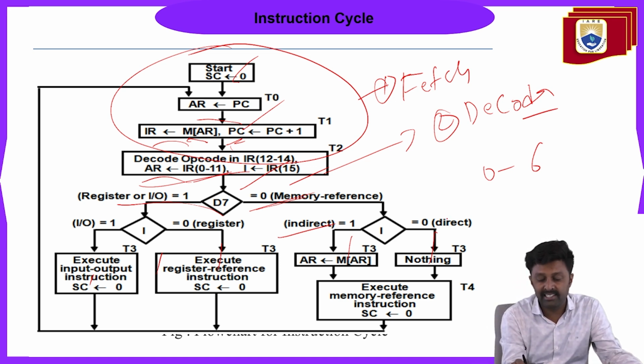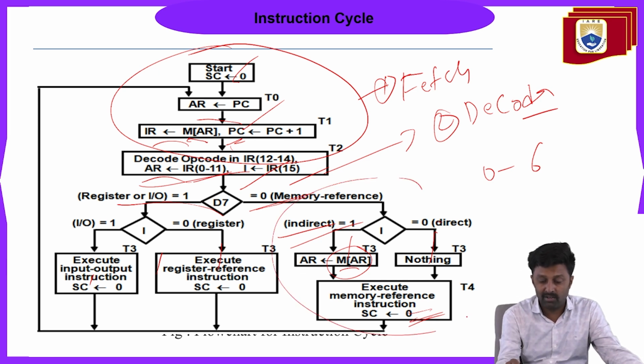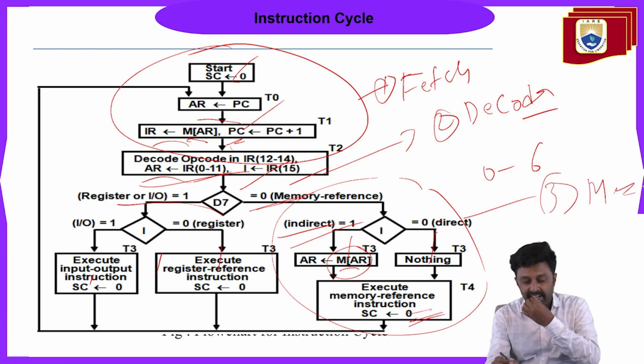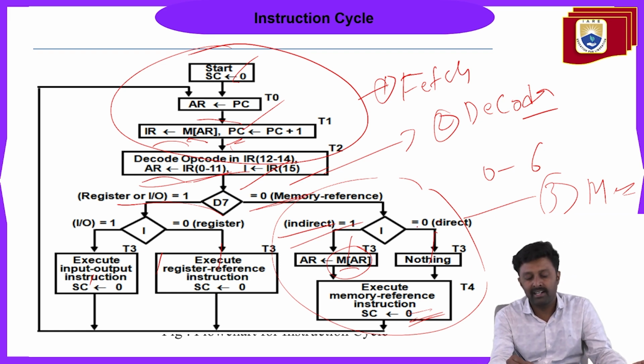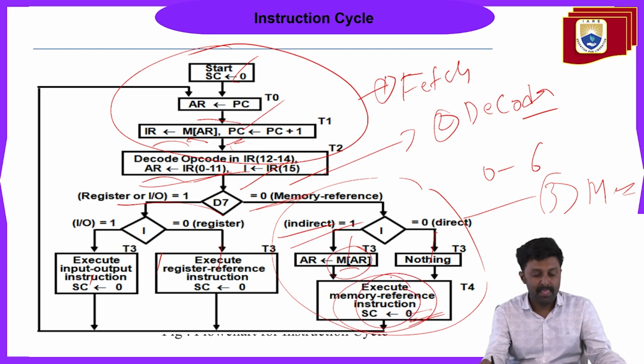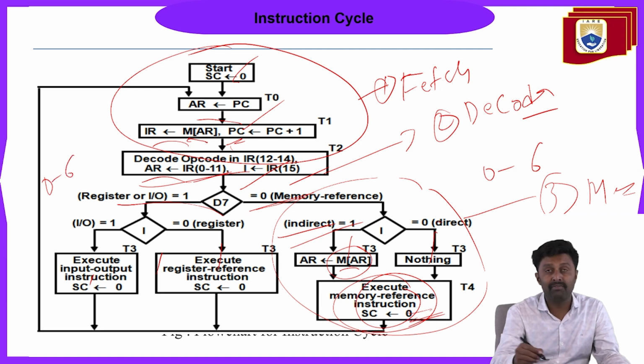If the address is direct, the instruction will be directly executed. If the address is an indirect address, then that indirect address will be taken from memory to the address register. This part is called the third step, that is loading from the memory. If it has an indirect address, then it will be taken and executed. If it's a direct address, it will be taken and the execution of the instruction will be done here. So again, from the 0 to 6 value, as you have seen, it will identify which